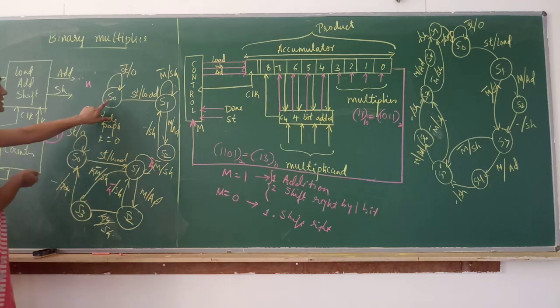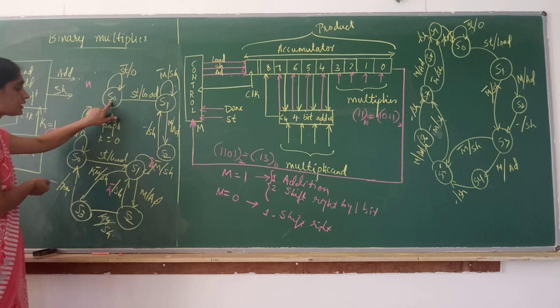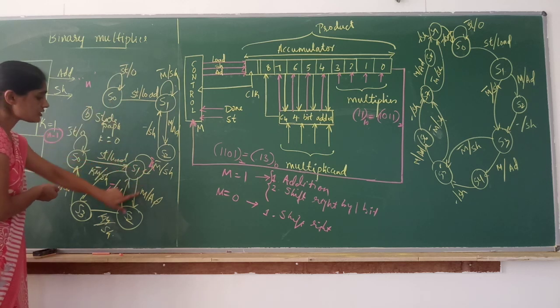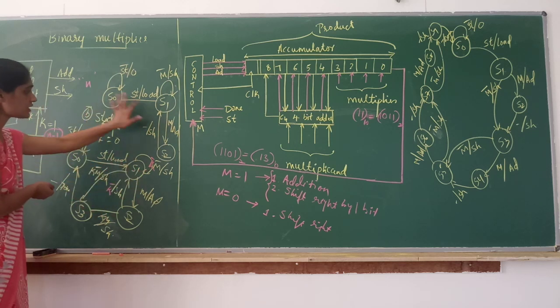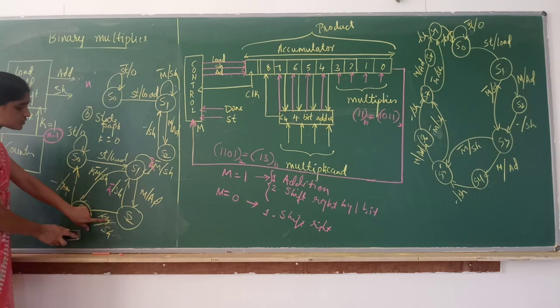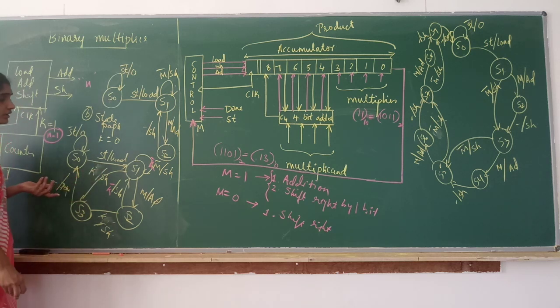Okay, let me repeat this. This is the state graph, whatever I have written, without a counter. If you include a counter in the control unit, till k is 0, it stays in S0, S1, S2. Once k becomes 1, depending on the value of m, shift. Finally done, return to S0. So this is the state graph and this is the block diagram for the multiplier. You need not write the value of m here because whether m is 1, shift, or m is 0, shift. So we need not include m here. Even if you write it, there is nothing wrong.